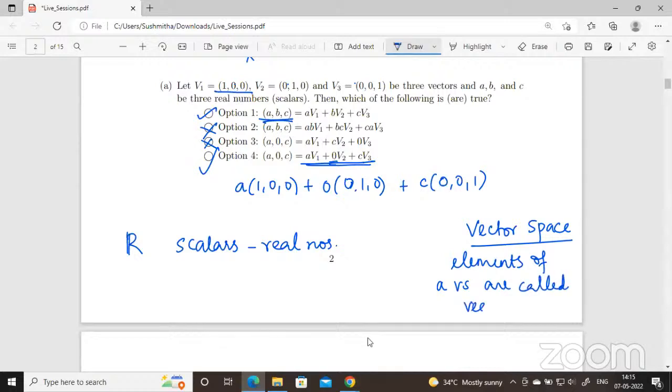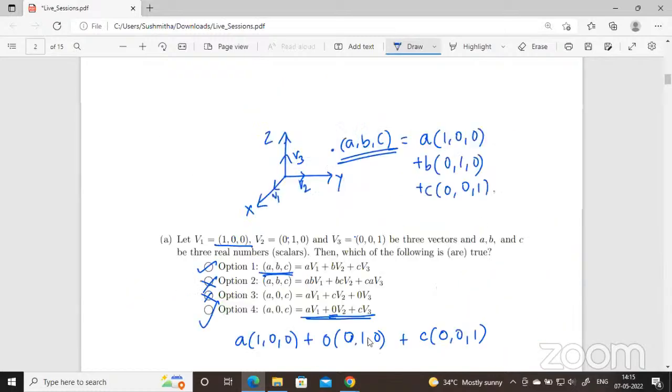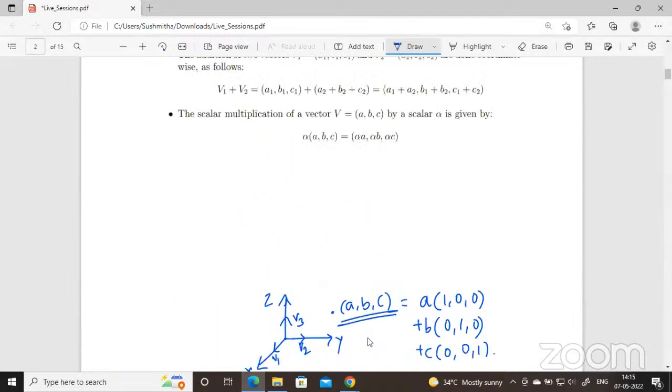Ma'am, how do we represent it in a diagram, like the additions? Can you please explain once? So you know the parallelogram law of addition? The sum of the two sides is equal to the diagonal. Yes. If you have two vectors, to find their sum you complete the parallelogram and then take the diagonal. This is going to be the sum of the two vectors. If this is A and this is B, this is going to be A plus B.